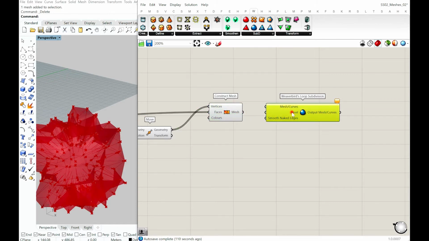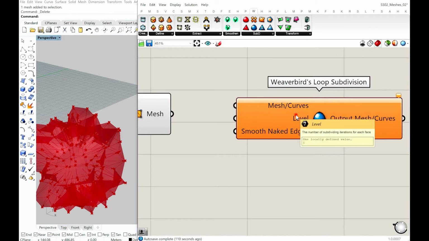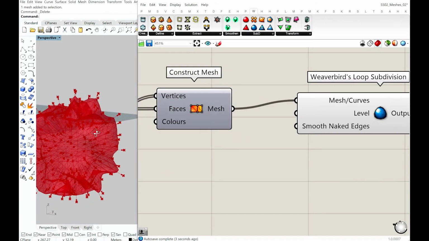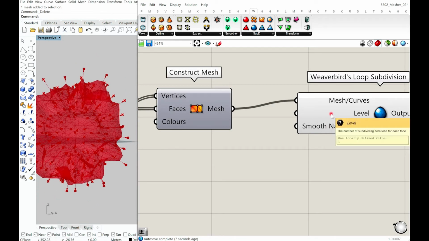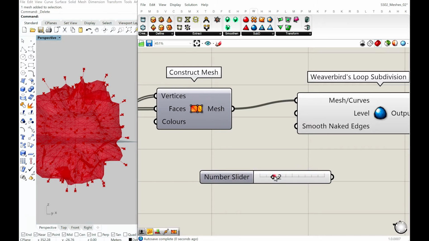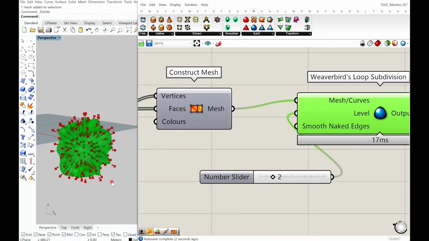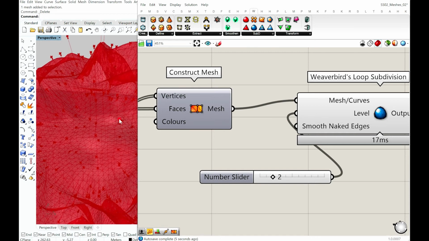Okay, so what it requires is a mesh. It requires a level of subdividing iteration, so you can run the algorithm through certain iterations. The more you do, the heavier it becomes. But in this case, let me hide the previous one. Now my mesh is smoothened by one level. I would not go beyond 2 or 3 levels. But if I try 2, you can see it's become even more smooth. And if you do 3, it becomes even more smooth.